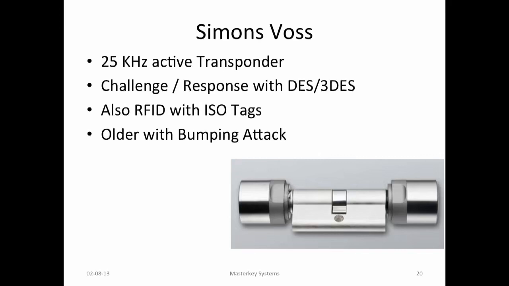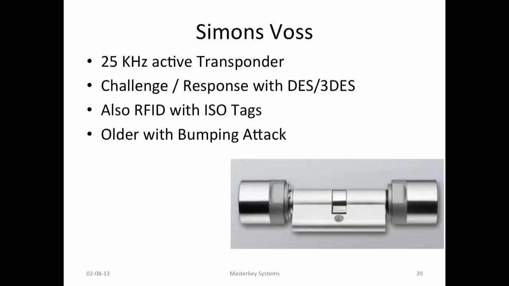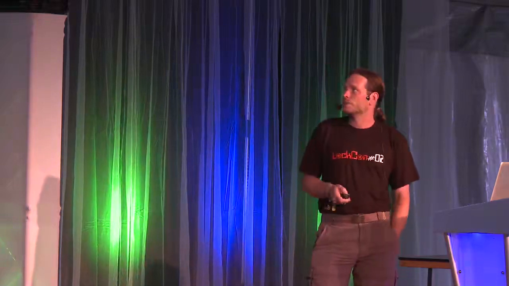They use a challenge response system with a unique transponder. So it's a transponder waking up the lock. Hi, I'm transponder 14, and the lock answers, oh, I'm lock 15. I have a secret for you, calculated for me and sent it back. This is something like DES, triple DES, not a really new algorithm, so everybody knows maybe we get some problems here. This will also be possible to attack.